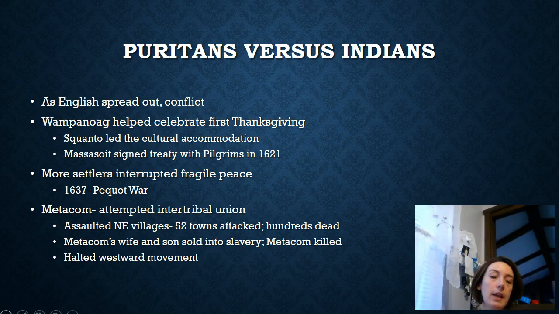And so one of the Native Americans, whom the natives refer to as Metacom and the English refer to as King Philip, attempts to go to different tribes in the area and unite them, that this is the only way they are going to be able to survive against these growing colonists. It wasn't this small little community anymore. They're growing and growing and growing, so the answer is to unite. And they do take on an assault. They do assault some of the villages, 52 towns. It's large. It's this big message that you need to stay where you are.